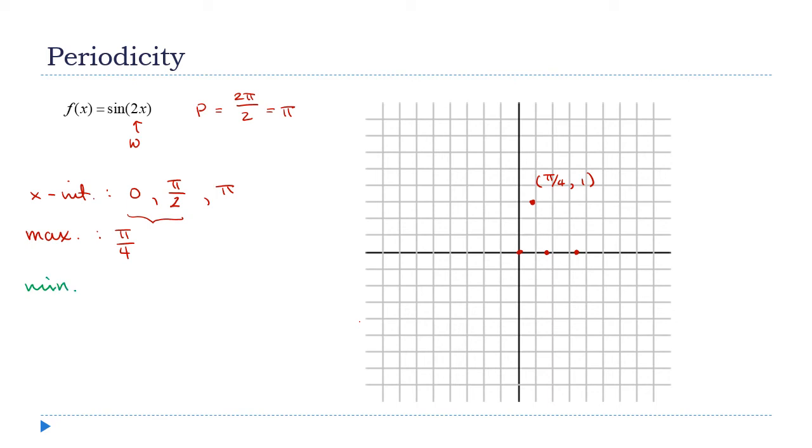The minimum is halfway between the second two. All right, well, that's a little tricky. Let's actually work this out. I want the midpoint